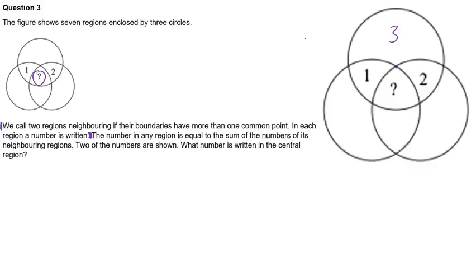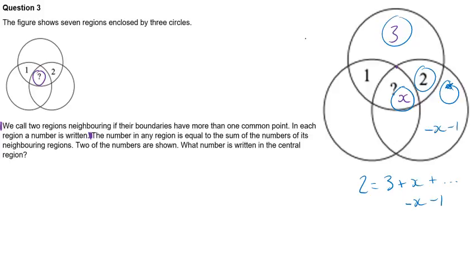Now, if we call the value we're looking for in the middle here x, there's a couple of different places we can start from here. Let's begin by looking for the value in here. Now, we know that 2 has got to equal the values here, here, and here. So 2 is equal to 3 plus x plus whatever's in this last section here. So we can see that's got to be minus x minus 1 for those 3 regions to add up to